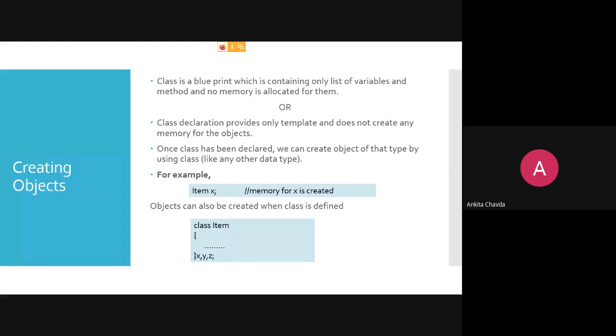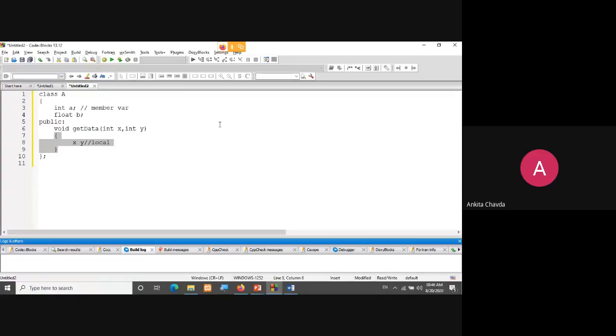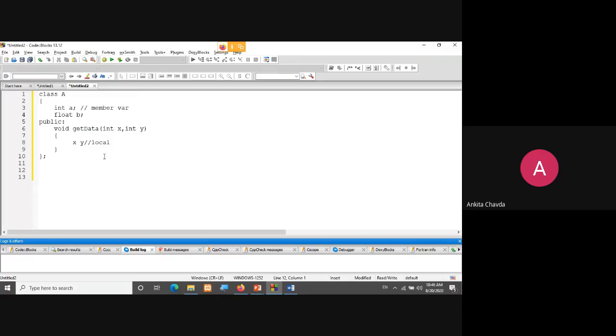Say you have declared your class A, but just writing integer A and float B will not create the memory, like 4 and 4. It will not create the memory space for these variables. Here you have just declared that this variable would be a member of class A and this would be a function that is a part of class A.